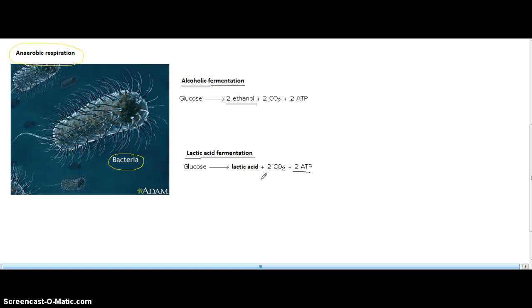Our muscles, for example, the cells in our muscles will start doing lactic acid fermentation if they can't get enough oxygen. But then you end up having lactic acid accumulate in your muscle tissue, and lactic acid is a toxin, and that's one of the things that causes muscle cramps, a buildup of lactic acid. And that's from lactic acid fermentation that happens while our cells are going through anaerobic respiration because they don't have a lot of oxygen available.